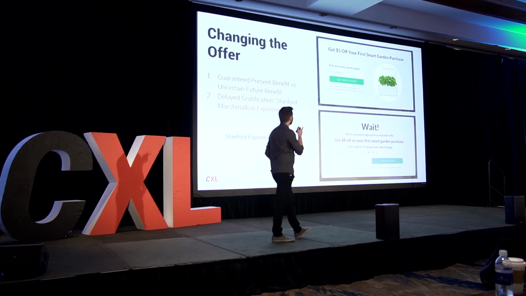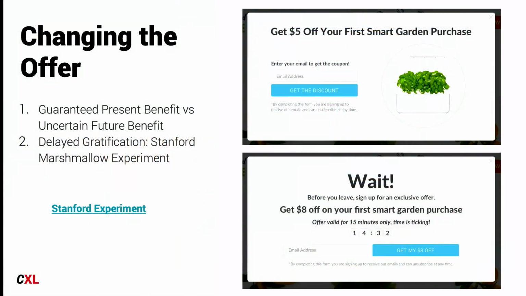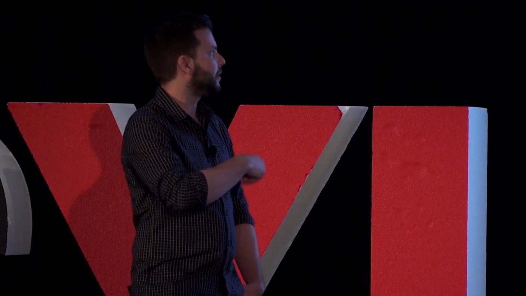So, $5 welcome offer as soon as they get there. So they can get $5 off their first Smart Garden purchase. These things are about $100, so this is a pretty small discount. You're not having to go 30% or 50% off or anything like that. And then if they've declined that offer, and then they browsed around the site for a while and they're about to leave, we give them an incremental, oh, I see.